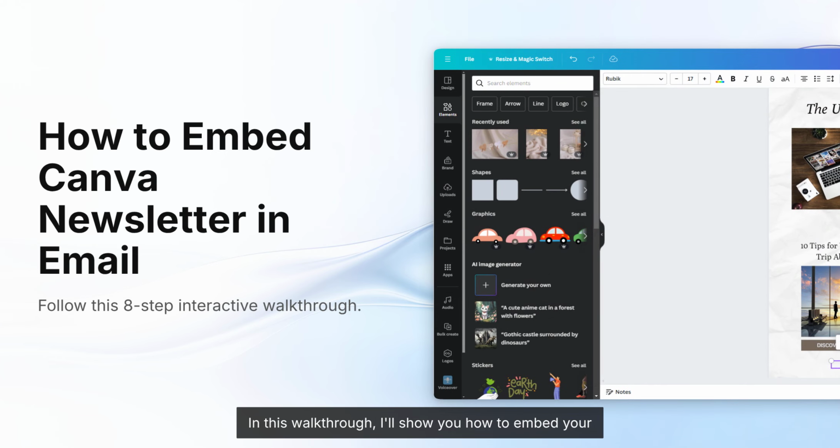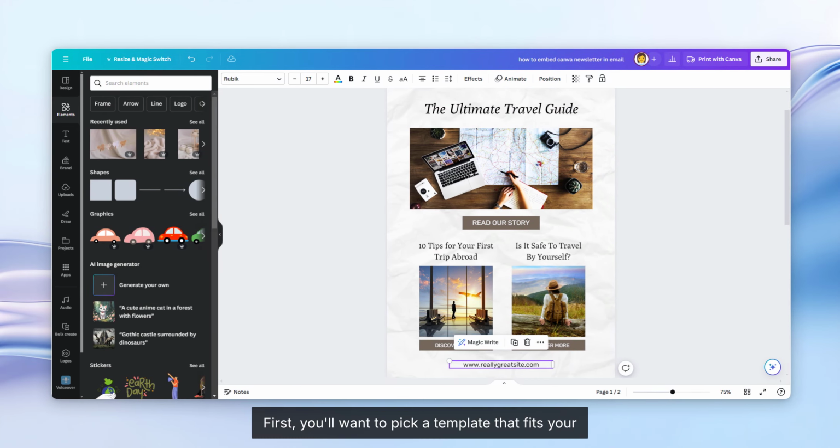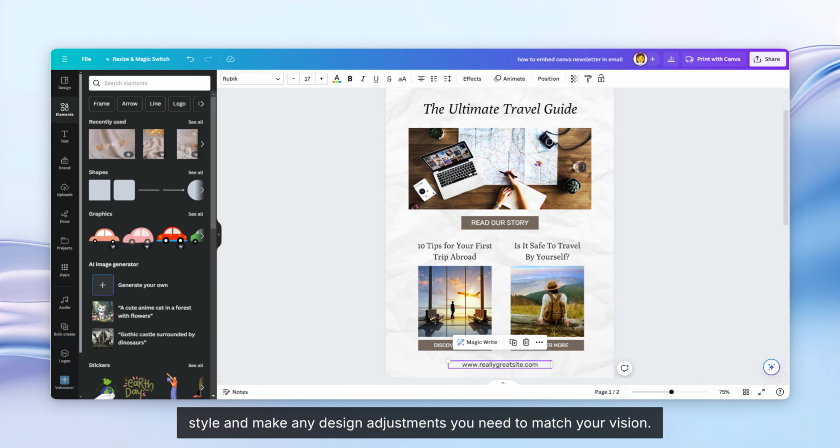In this walkthrough, I'll show you how to embed your newsletter directly into an email in just 8 simple steps. First, you'll want to pick a template that fits your style and make any design adjustments you need to match